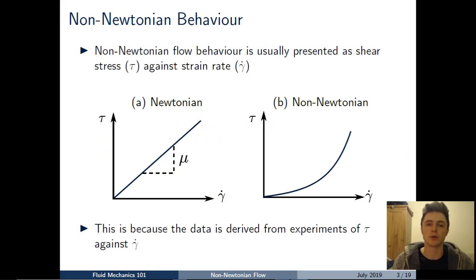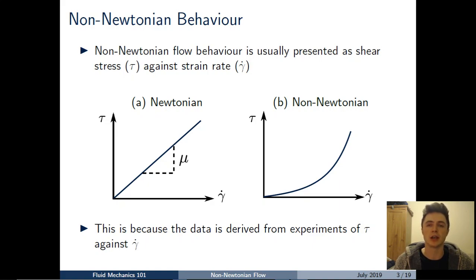So to start things off with a recap of what you may have seen before in your CFD and fluid mechanics lecture notes and courses, non-Newtonian flow behavior is usually presented in the form of a graph of shear stress, tau, against strain rate gamma dot. And if you look at the example plot on the left there for a Newtonian fluid, we see that the shear stress tau varies linearly with the strain rate gamma dot. And as the flow varies linearly there, the gradient gives the dynamic viscosity mu, and this is typical of a